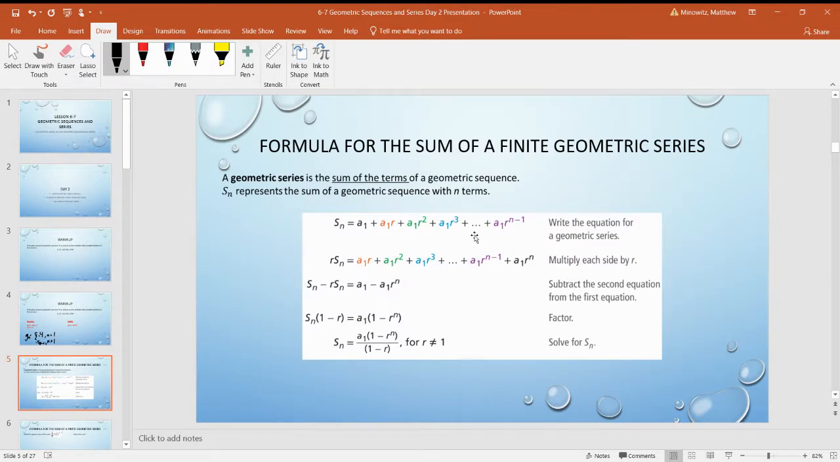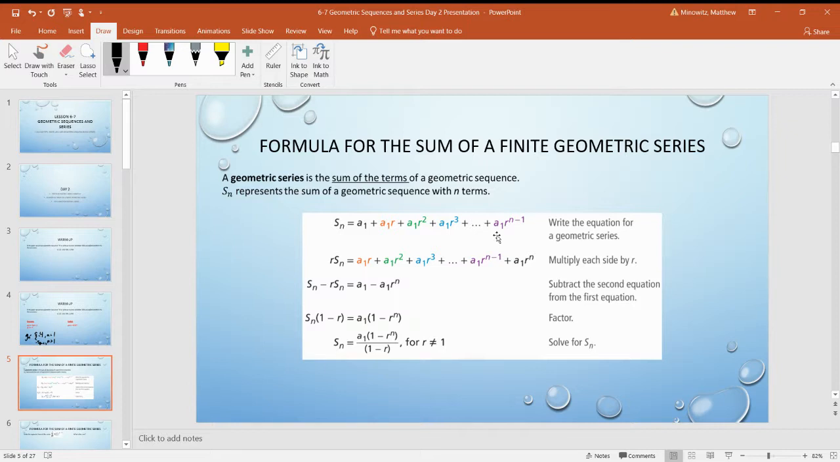Now, this is a series. A geometric series, like I said, is the sum of the terms. So S sub n means the sum. So the sum of these terms. And a long time ago, people would just add up all the terms by hand. So if there was 100 terms, they didn't have a formula for it, so they added the first term and the second term and the third term and the fourth term. We don't do that anymore